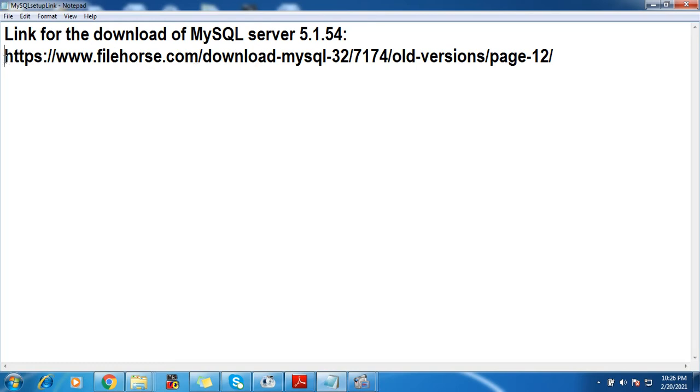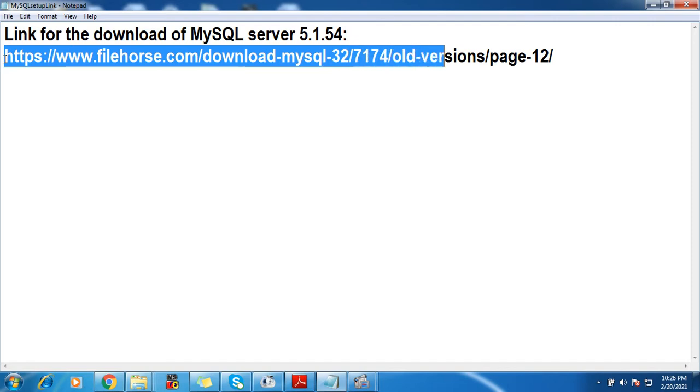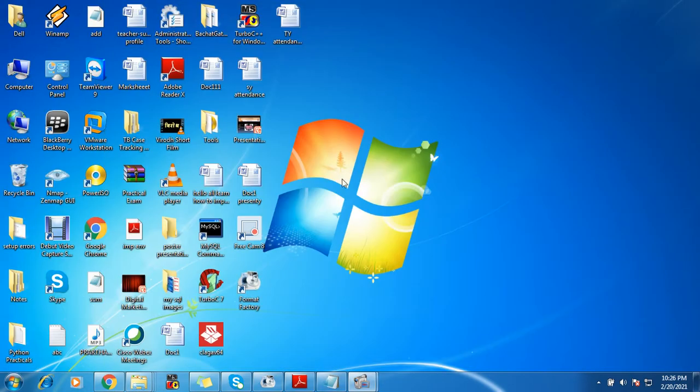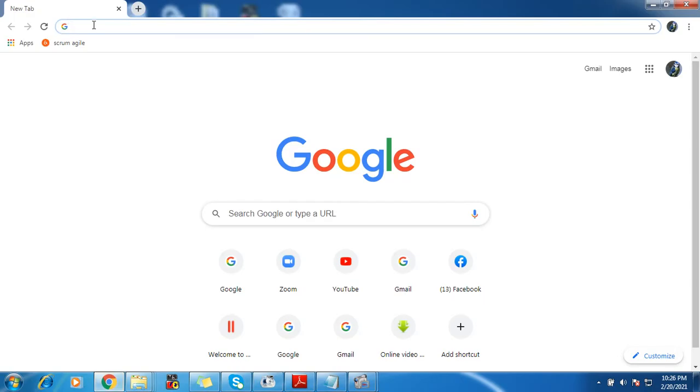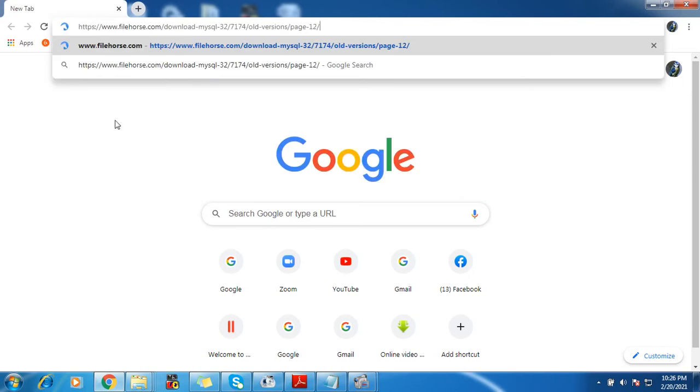Now I'll copy this link from here and paste it in my browser in the search tab. One thing you should remember while going for any downloads on your device is do not forget to check for that HTTPS. That S denotes that it is a secured kind of website. Do not visit harmful websites for downloads as it is going to cause malfunctions in your device. It will be normal in look and feel, but it might harm your device.